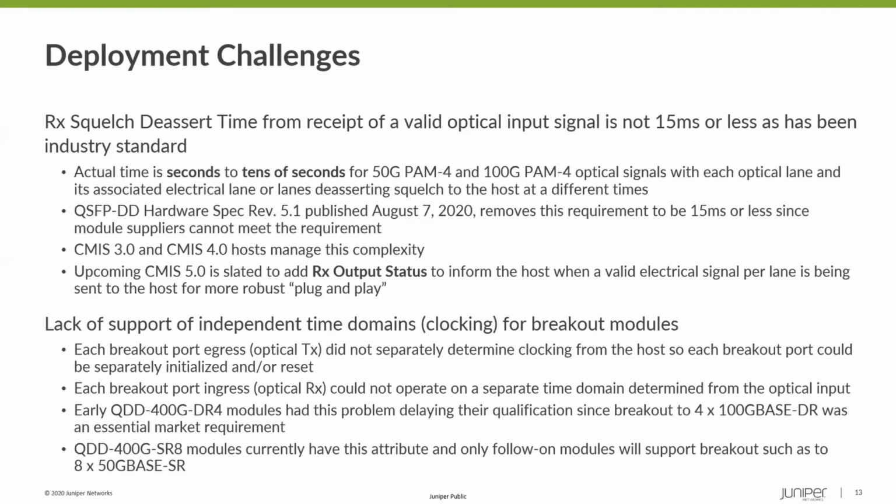So we've had to go through some churn with DSPs and so on to be able to support an independent breakout. Also there was a problem with not being able to work with independent input clocks on the breakout ports. So we really could not operate with 4 different time domains coming in. Now we've solved that problem as well. So this problem has now been solved for QSFP-DD